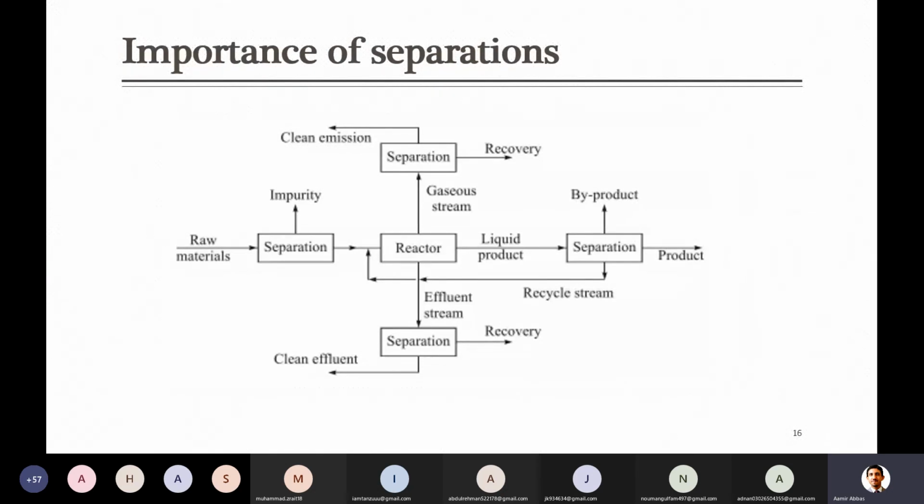Just to give you one example, if you visit any fertilizer industry and urea production plants, the natural gas commonly used as a raw material for the production of urea is where we start. From this natural gas you get hydrogen, then hydrogen is reacted with nitrogen and you get ammonia, and ammonia is part of the urea production plant.